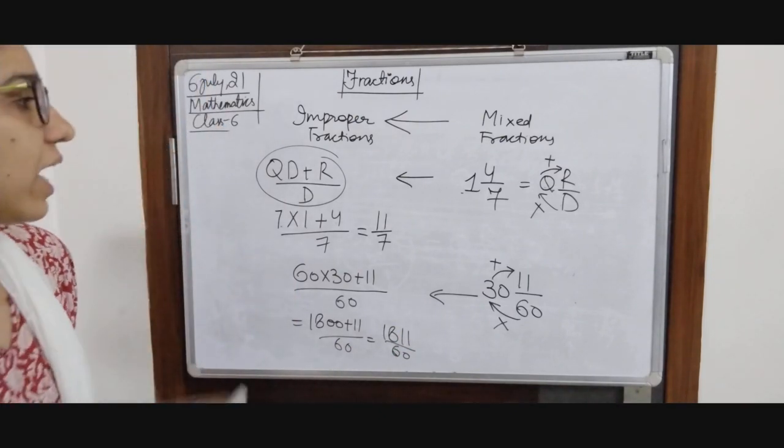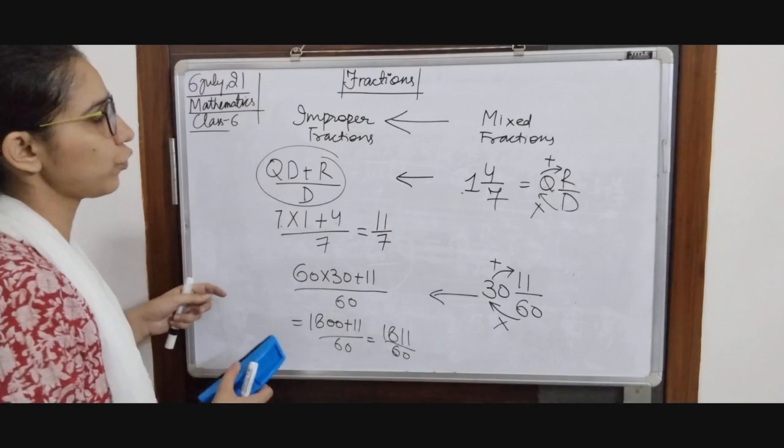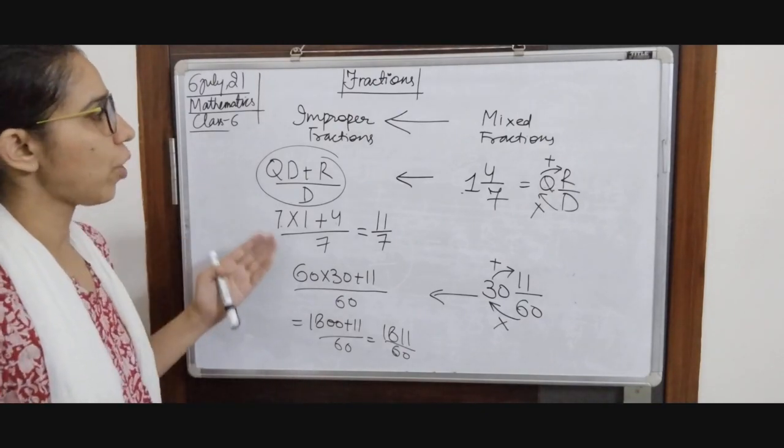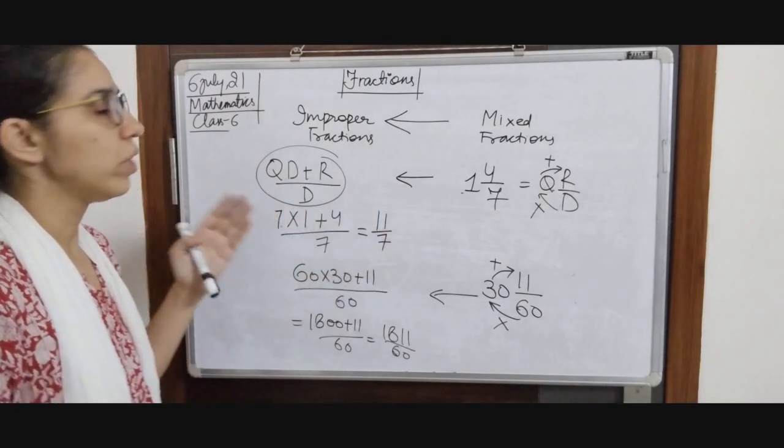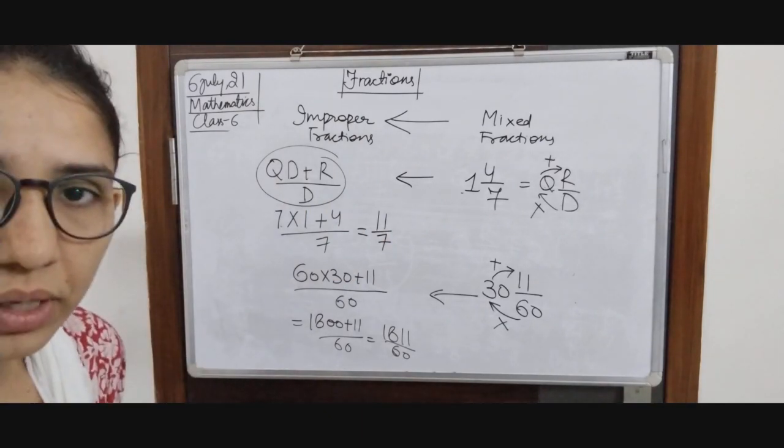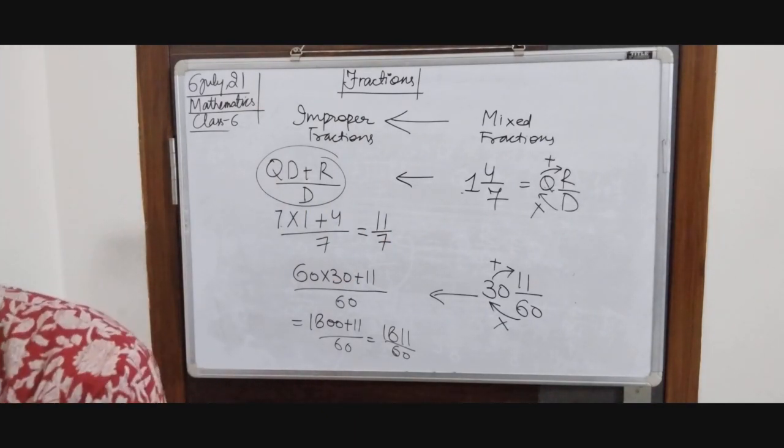So this is your improper fraction corresponding to this mixed fraction. You can take other examples and practice conversions from improper to mixed and from mixed to improper. Next we are going to do